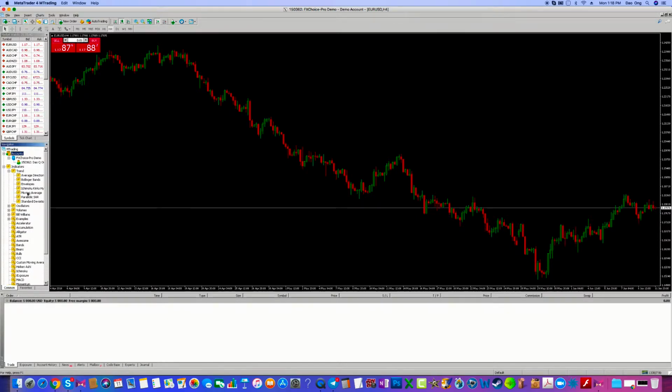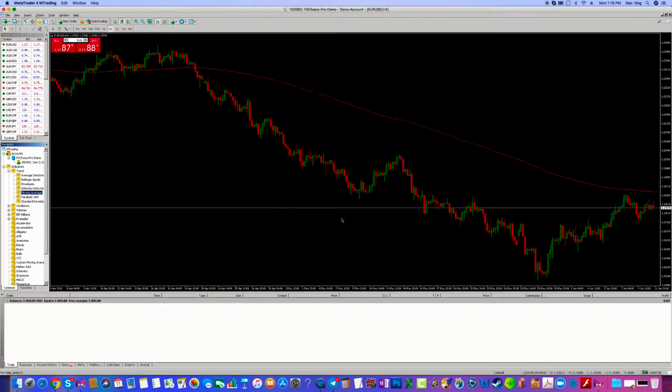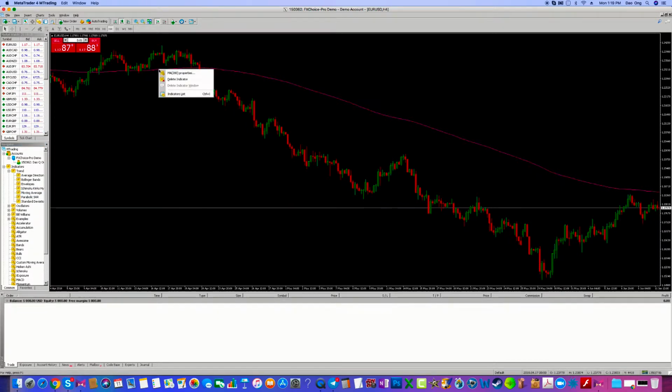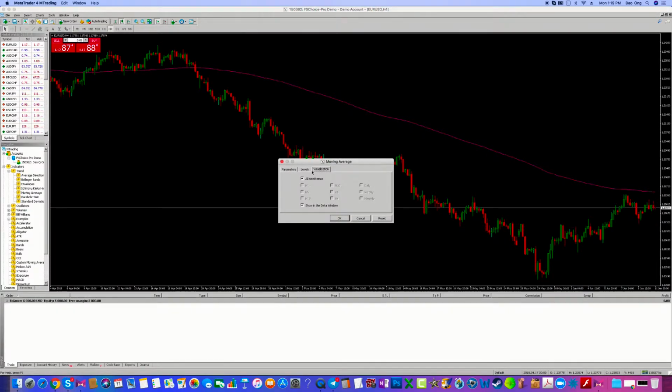So if you click on moving average and just drag it over, it'll pop up, and I'm just going to do a 200 moving average, exponential, apply to close, and then any color you want here. I keep mine, I believe it's pink. Okay, press OK, and that will give you your moving average. Oh, and if you right click on that, you can get to the properties too. And visualization, so